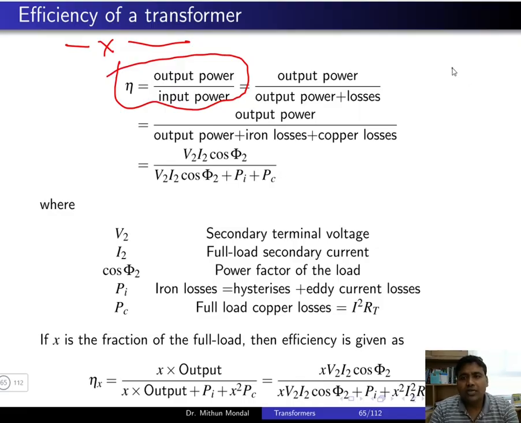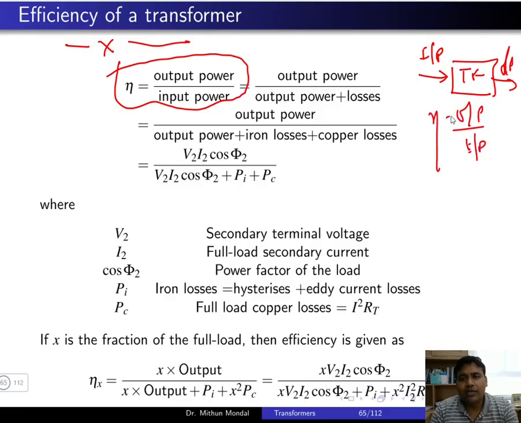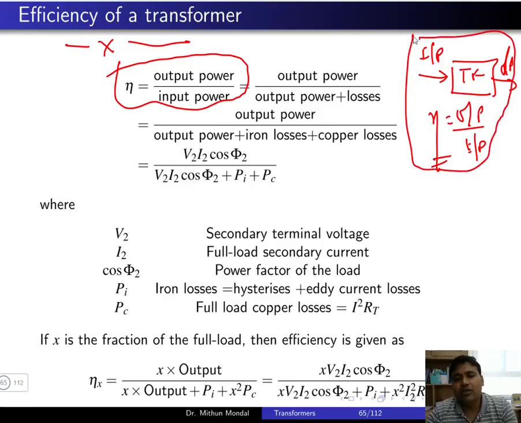Now if you have a transformer, you put an input voltage, there will be input power and there will be an output power. So output by input, if you do it, then obviously you can find the efficiency. But we will not try to find the efficiency of the machine directly by loading the machine, because there will be a heavy power loss in the machine. So this is not a wise idea to find the efficiency of the machine. Rather, we will go by some different method of finding the efficiency of the machine.